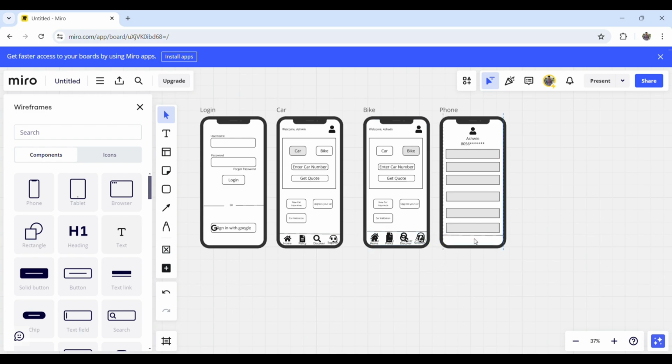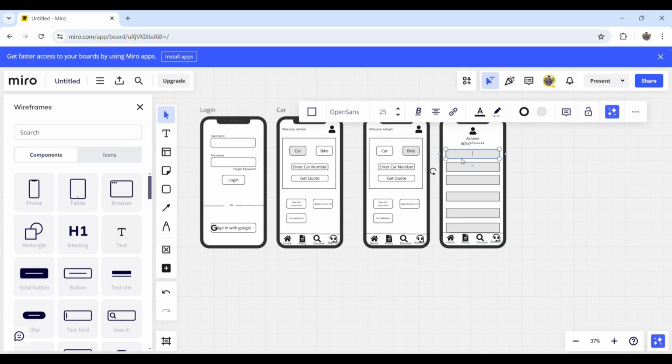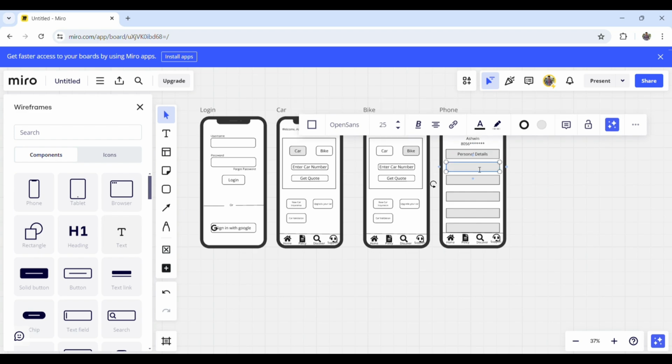Okay. Fine. So the first one is personal details, and then the second is vehicles. If we have multiple vehicles, we can see that, and then address,